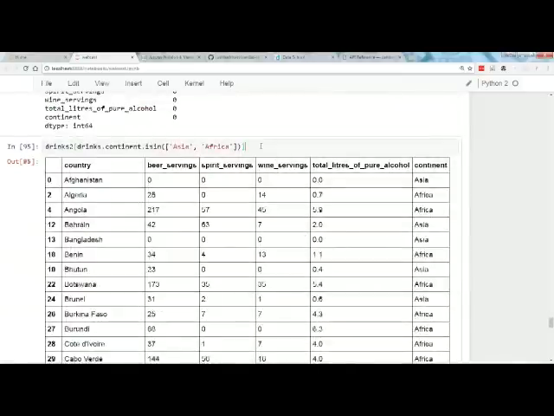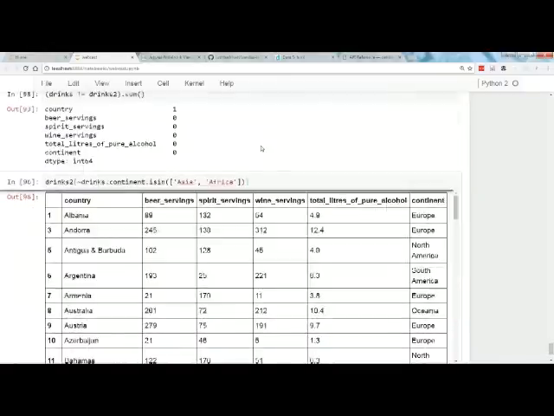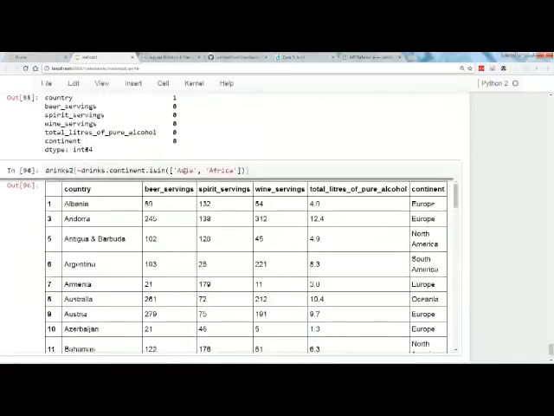If I want to get all the ones except Asia or Africa, I would just add this tilde, which means not, which means reverse trues to falses and falses to trues. And I get everything except Asia and Africa. So that's what I would do. Make sure when you have these cases, again, I will emphasize, you don't need to write for loops.